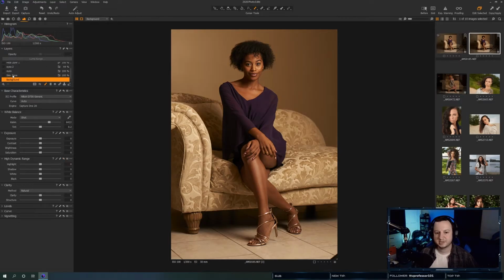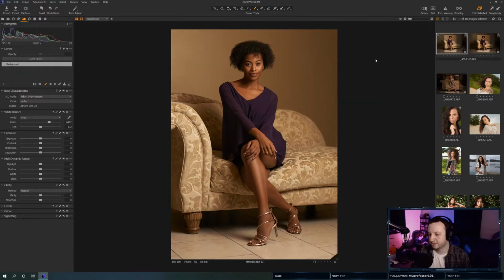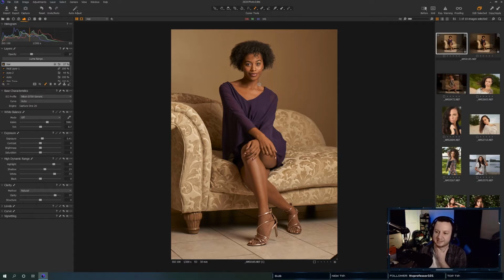So this was the original after I cropped it to vertical, because the horizontal just had nothing going for it. So this is the before so far, and this is the after. We didn't do too much. We lightened the image a little bit, pulled up some of the shadows. I evened out her skin tone a bit. I enhanced her eyes. I was gonna mess around with her lipstick, but I kind of like it. I don't think it really needs anything.